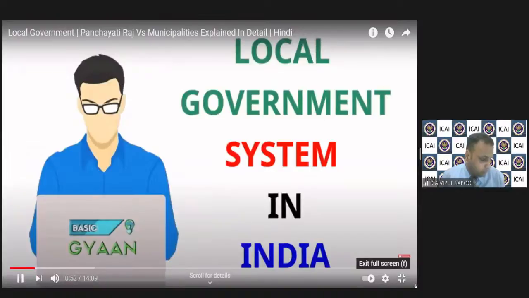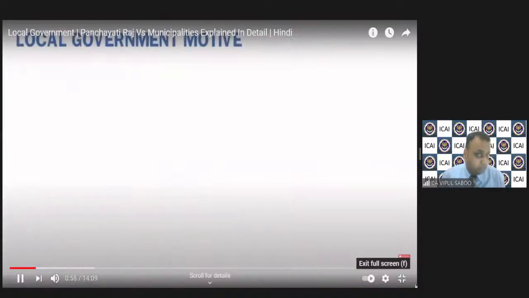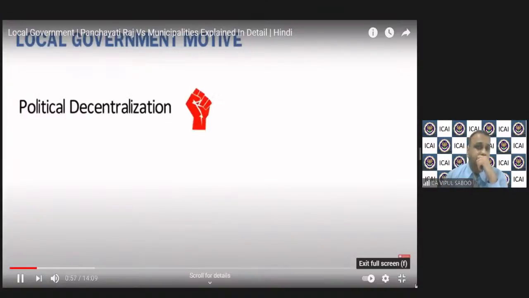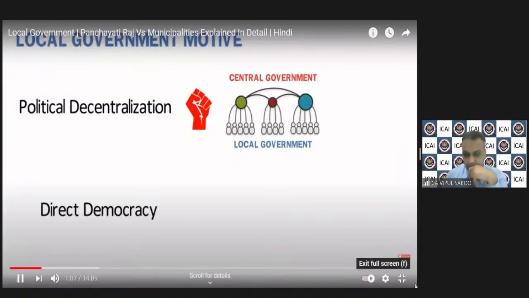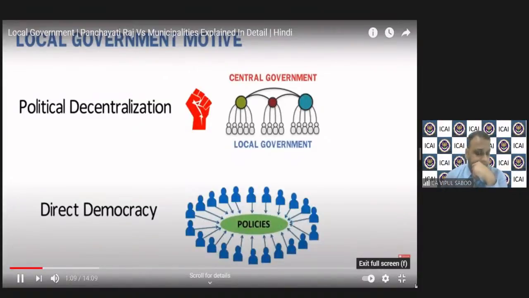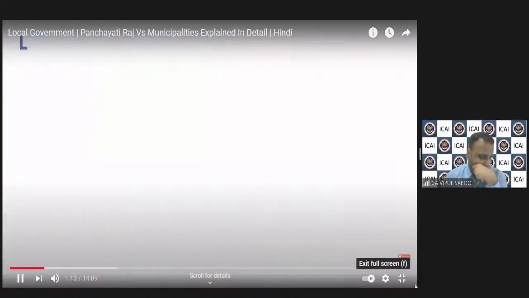लोकल गवर्नमेंट के बारे में। लोकल गवर्नमेंट का मेन मोटिव है पॉलिटिकल डिसेंट्रलाइजेशन ऑफ पावर, यानी पावर को अलग अलग लोगों में या ऑर्गेनाइजेशंस में बांटना, यानी जो पावर सेंट्रल गवर्नमेंट के हाथ में है आगे लोकल गवर्नमेंट्स में डेलीगेट करना। एंड डायरेक्ट डेमोक्रेसी, ऐसी डेमोक्रेसी जिसमें लोग डायरेक्टली खुद ही अपने लिए पॉलिसीज यानी नीतियां बनाते हैं।